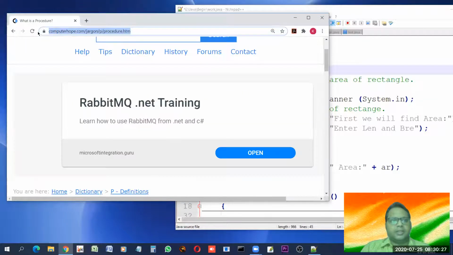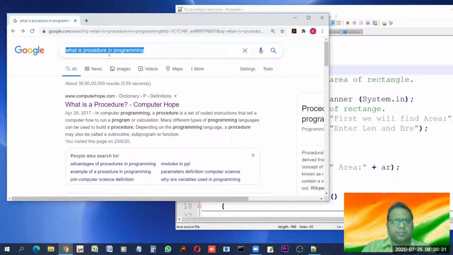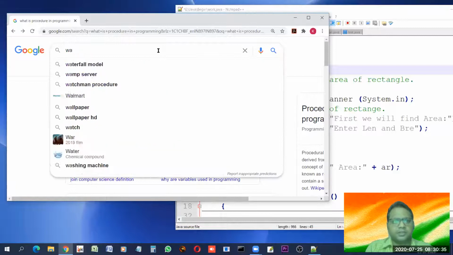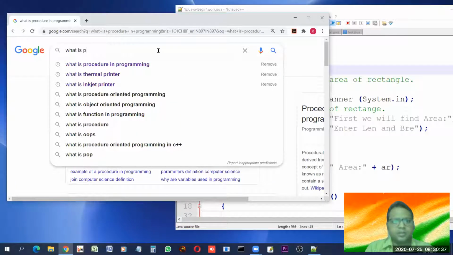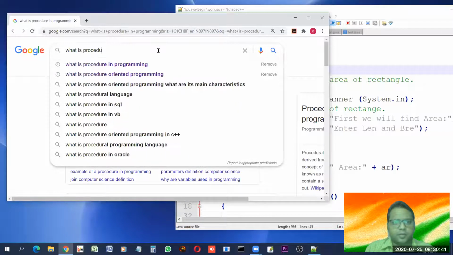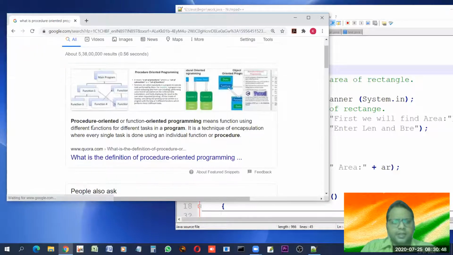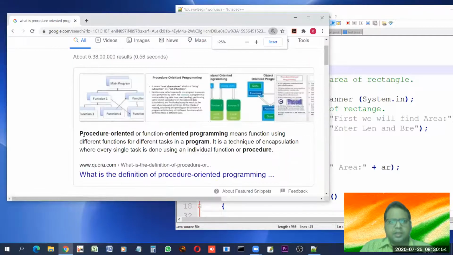So let us now try to find it here. What is a procedure in programming? Now, what is procedure oriented programming or procedural programming? Let's read. Now you may be able to understand the things which are written here.